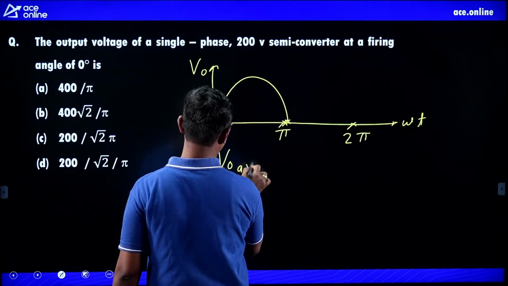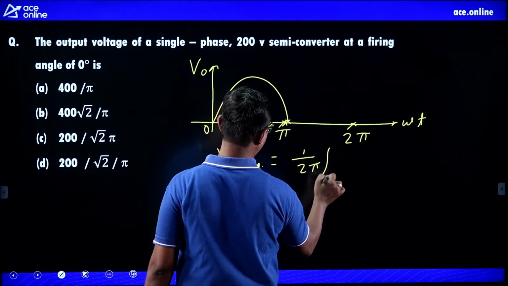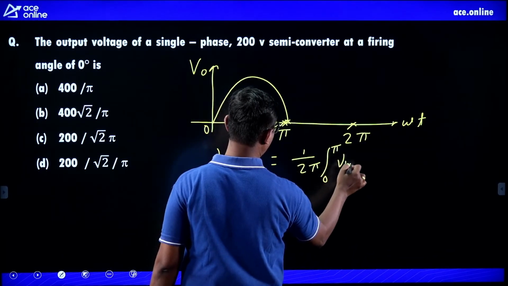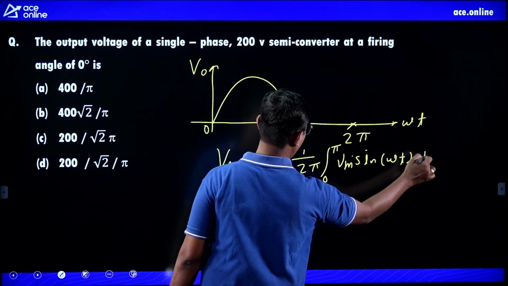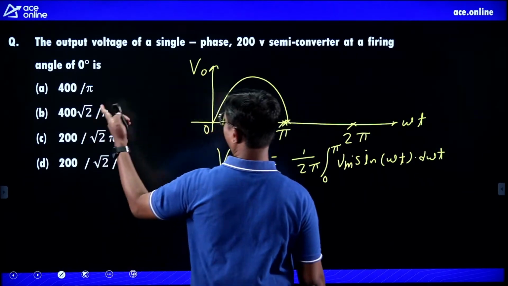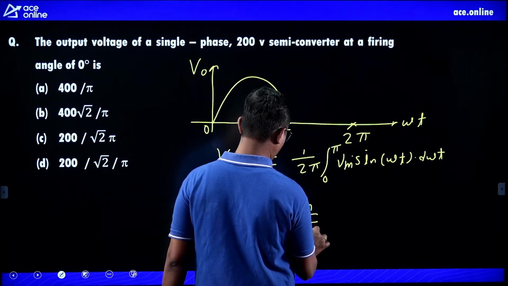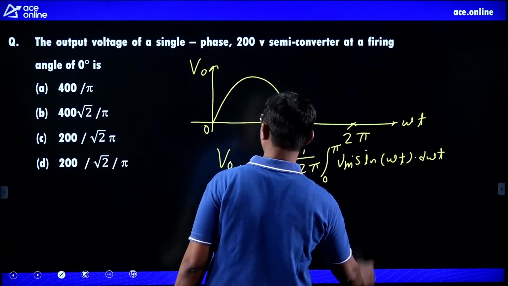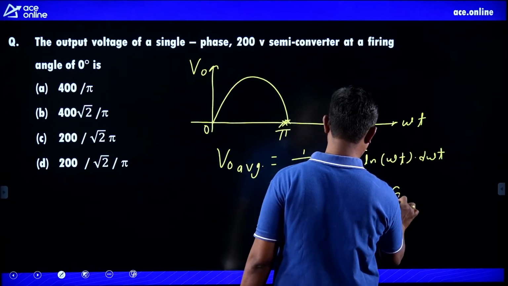For this V0 average is 1 by 2 pi integration from 0 to pi Vm into sine of omega t, na? d omega t. So it is equal to, alpha he has given 0 degree, right? So it is equal to Vm by pi. So Vm by pi, Vm is 200 root 2 upon pi,